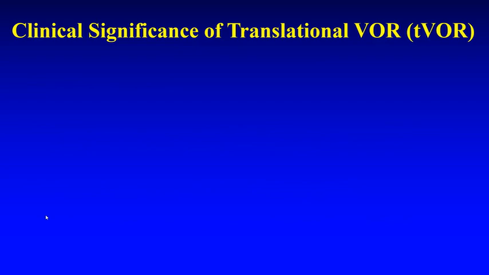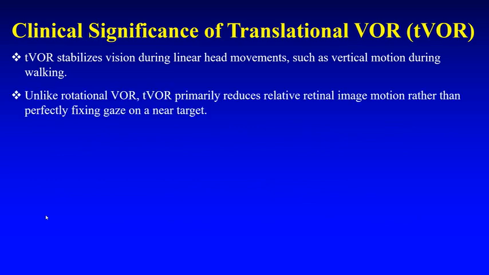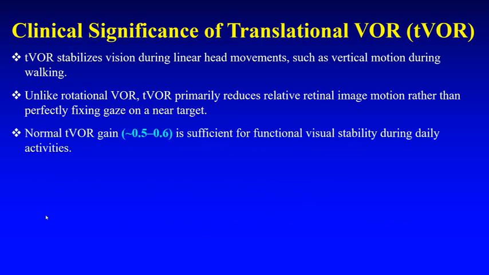So, the clinical significance of the translational VOR: tVOR stabilizes vision during linear head movements such as vertical motion during walking. Unlike the rotational VOR, that is the angular VOR, tVOR primarily reduces the relative retinal image motion rather than perfectly fixing gaze on a near target. Normal translational VOR gain is around 0.5 to 0.6, and this is sufficient for functional visual stability during daily routine